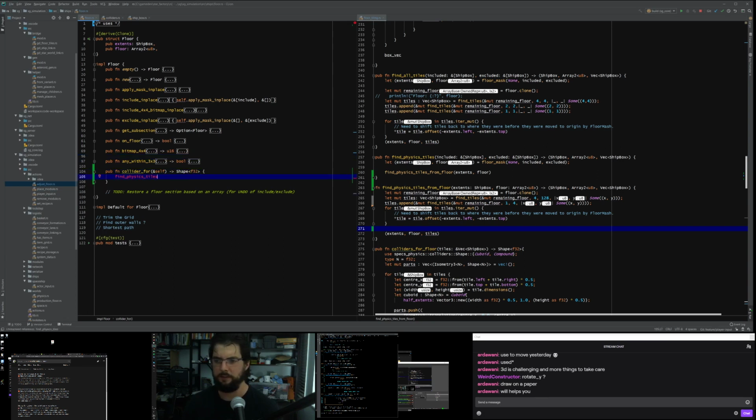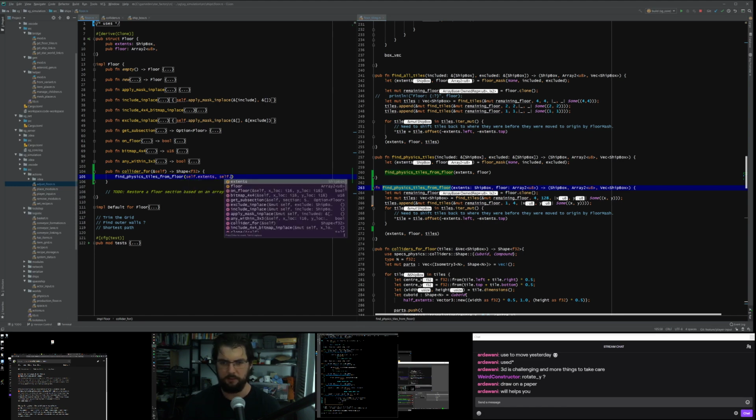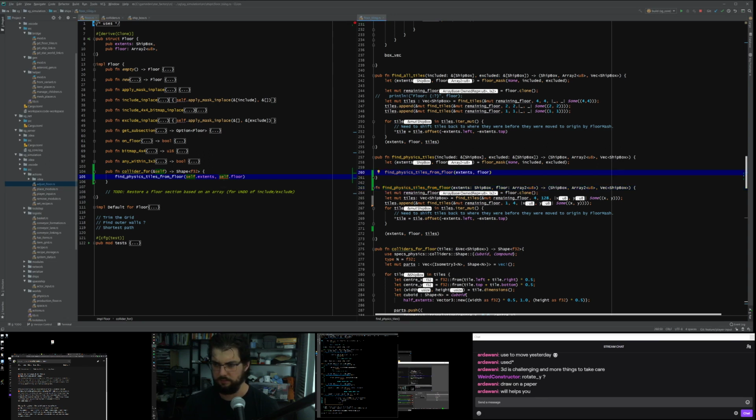So first we want to find physics tiles from floor. We want to pass in the from self extents and self.floor, and I'm surprised this hasn't been put in as a reference. I don't really want to move it in here, so I'll put floor as a reference.